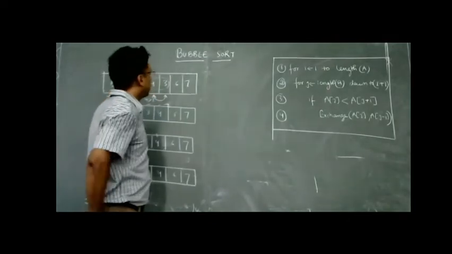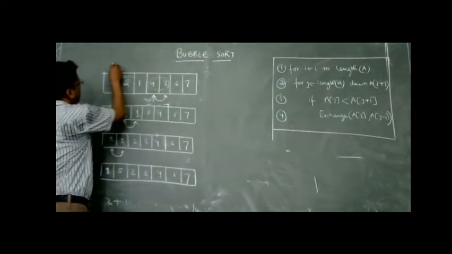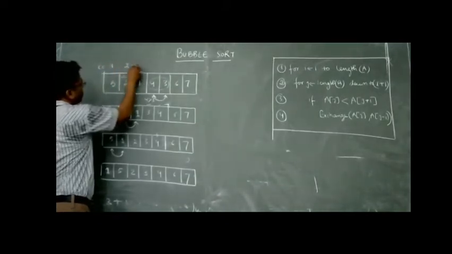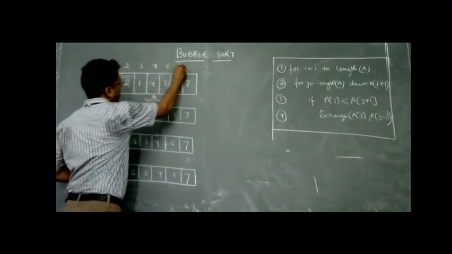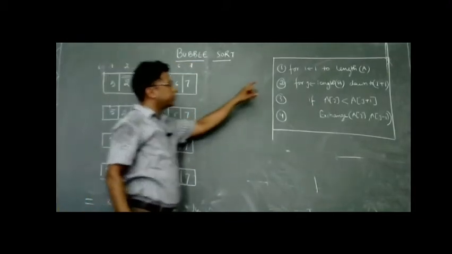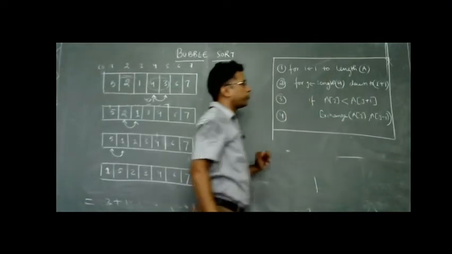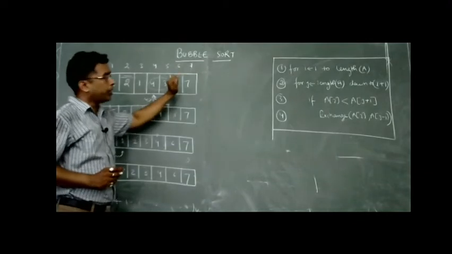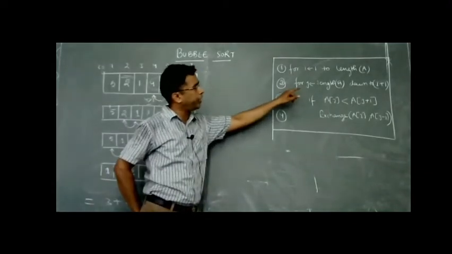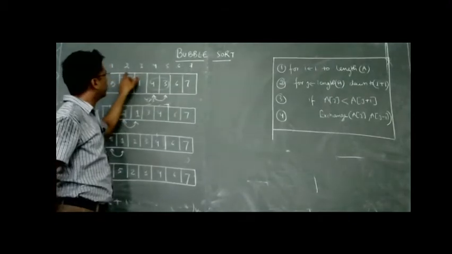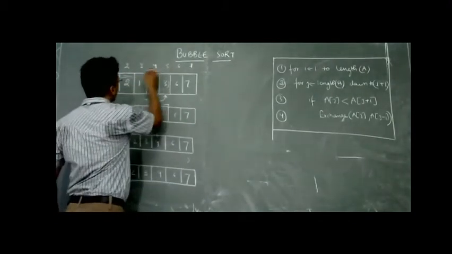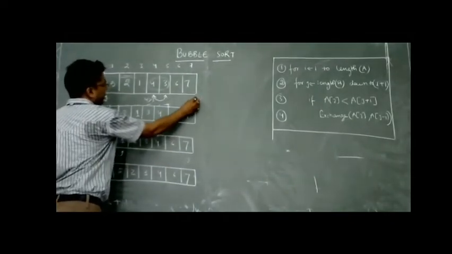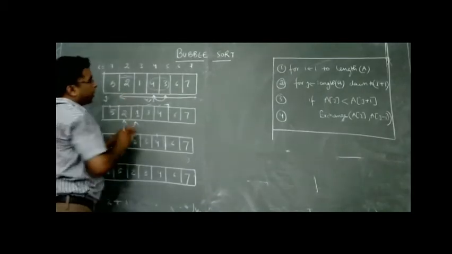If there is an array, first what shall we do? We start with indexing the elements. So i is equal to 1, 2, 3, 4, 5, 6 and 7. So i is equal to 1 to length of a. Length of a is equal to 7. For i equal to 1 to 7, we shall start the first loop. And next, for j equals length of a down to i plus 1. As I have told you, j will initialize from the right hand side to the left hand side up to i plus 1.